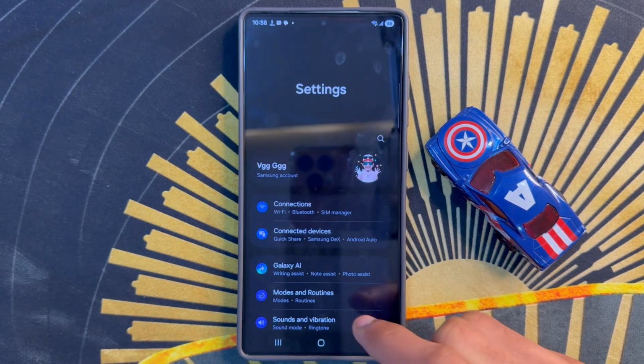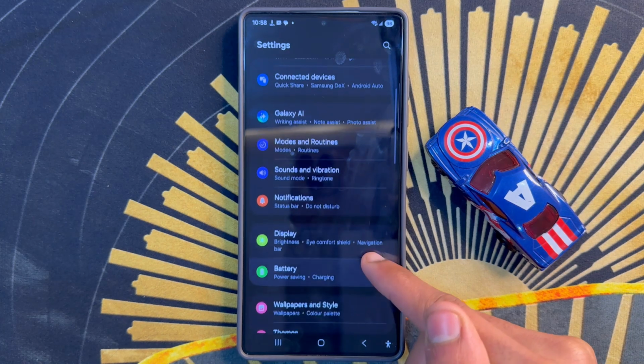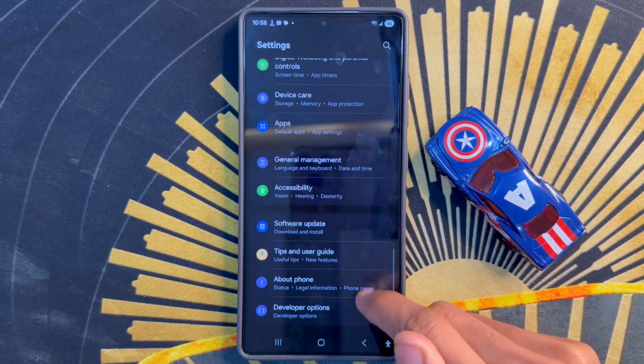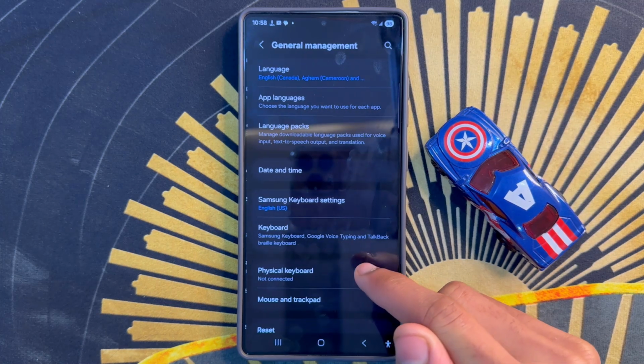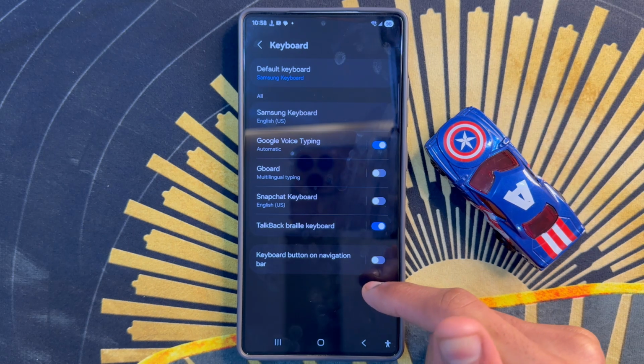Here, click on Settings app. Now in Settings, scroll down and click on General Management. After clicking on General Management, click on Keyboard. After clicking on Keyboard, click on